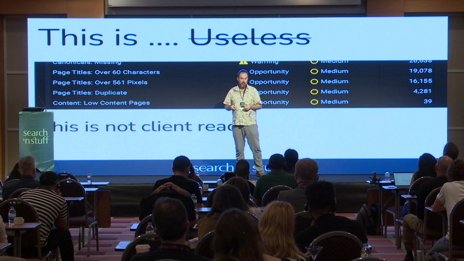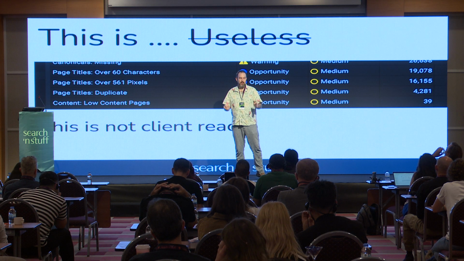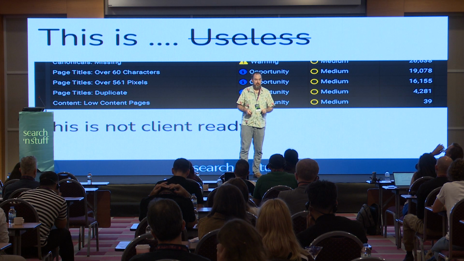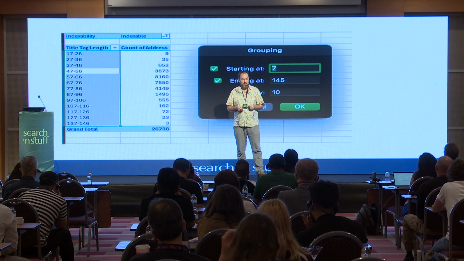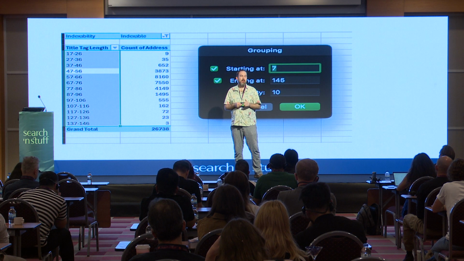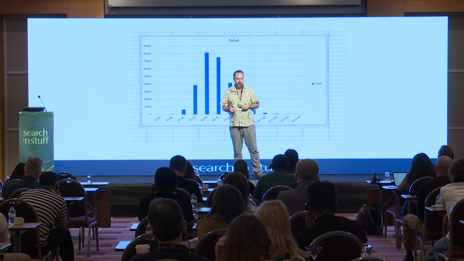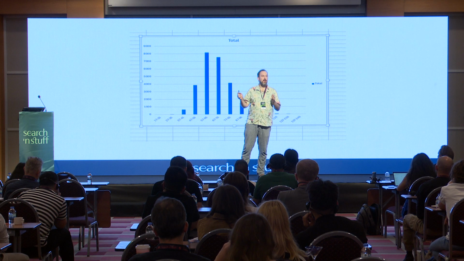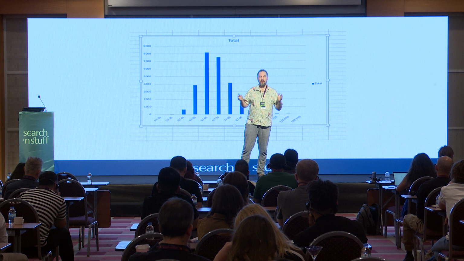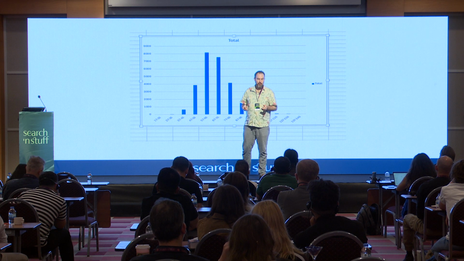So looking at one of the pages, I would also want to focus on what that information means. I'm going to talk again about that page title over 60 pixels. One of the things you can do is graph it out and make a chart of what the title tag lengths are. You can do that quickly in Excel, just using a pivot table. It's really, really easy, it takes about 10 minutes, and there you've got much better information.